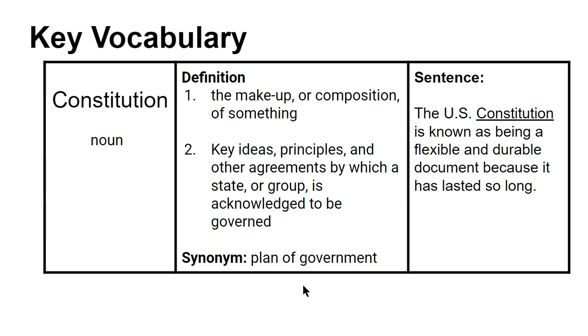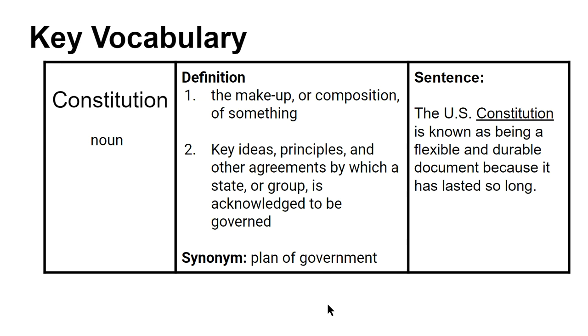So just like you make your 4-year plan or your 6-year plan, and it kind of maps out the path you're going to take. That's what a constitution is. It's the path on how the government is run. Another comparison you could make is to the school handbook. So the school has a handbook that has all the rules and requirements, and that's very similar to a constitution. It has the rules by which the government is run.